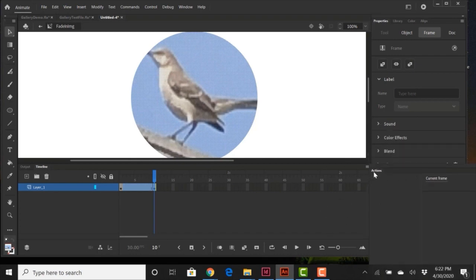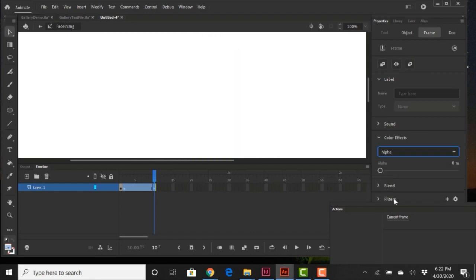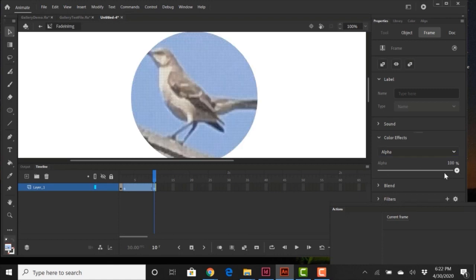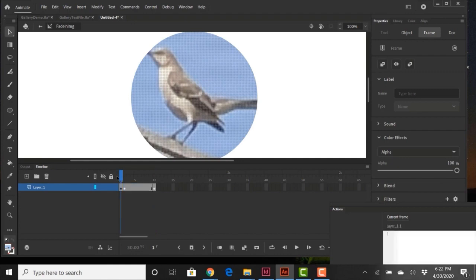And our color effects, we want to go to color effects. And you can choose an alpha channel to fade in. So we'll bring this up to 100%. So now as it goes through this timeline,